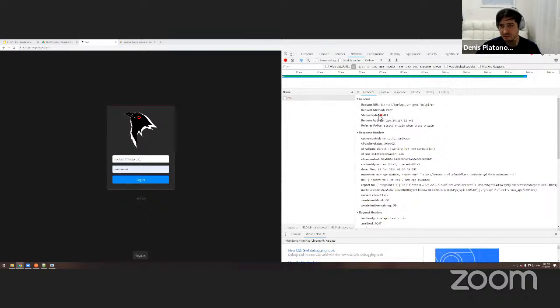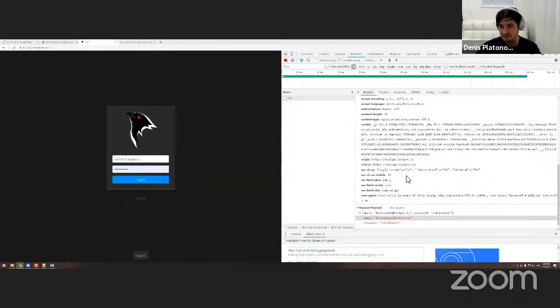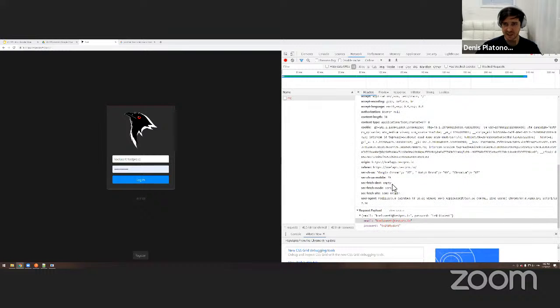Then you can check one by one. There was some JWT token. There was something in the payload. There was something else. Just do it one by one and make sure it works. But with API, it's a little bit tricky, because with UI, you see the stuff and you can check the network tab and all that. With API, you're blind. And that's a bad thing.